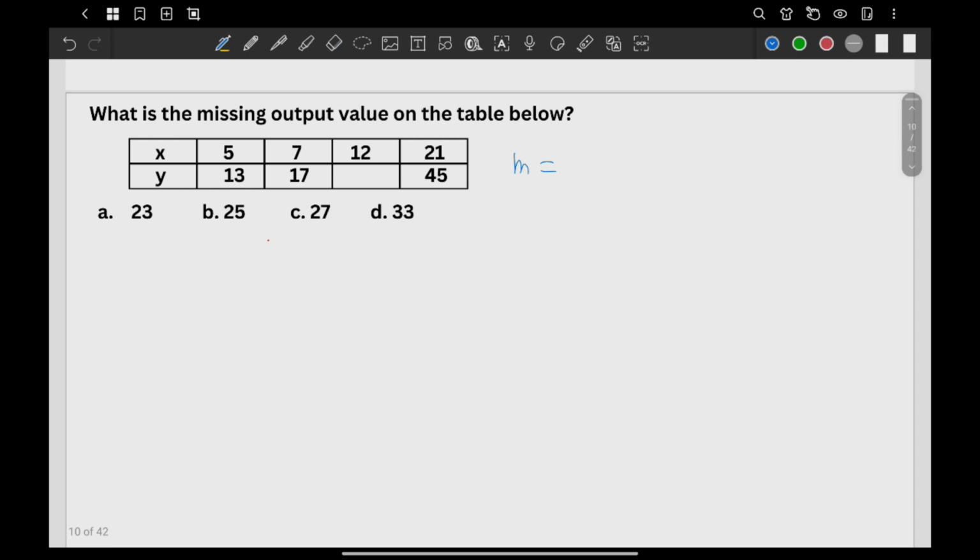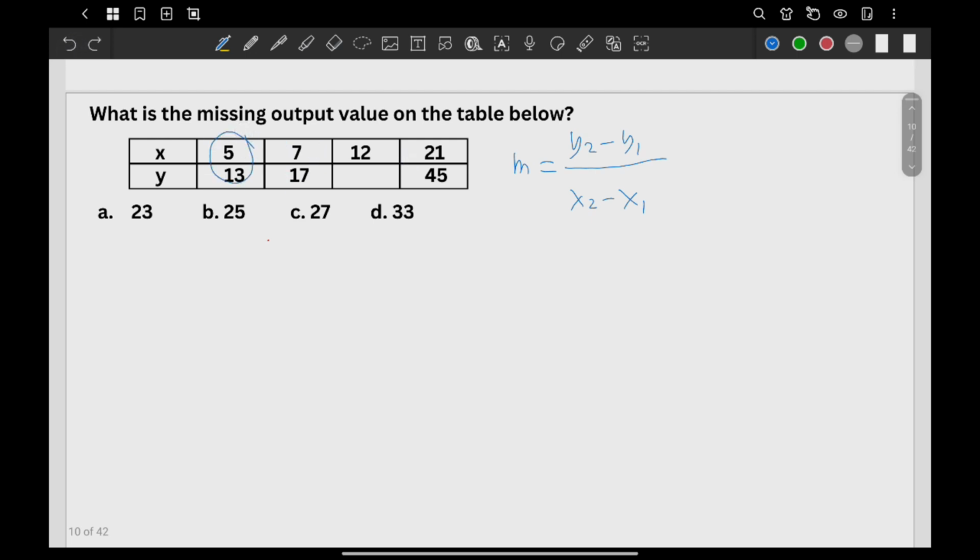I am hoping you still recall how to solve the slope using 2 points. Just to recall, how do we solve slope? We need the formula for m: y sub 2 minus y sub 1, all over x sub 2 minus x sub 1. I'll just write it here. And how many points do we need? We just need 2 points, and it could be any 2 points.